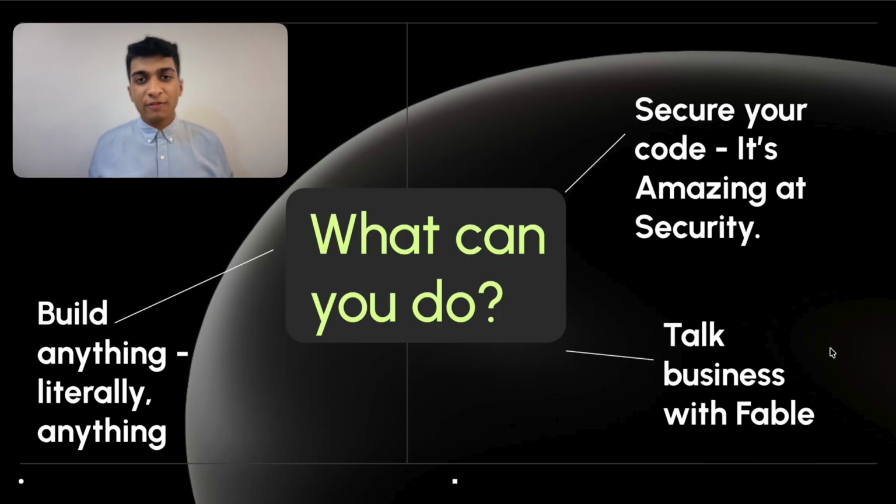So I think we've talked about a few mental models and frameworks for thinking about Claude Fable 5. And the last thing I want to leave you guys with is what you can do with this model. What new things can you do with this model? And based on what I've seen in my peer group and online, I think these are the best things that you should try out.